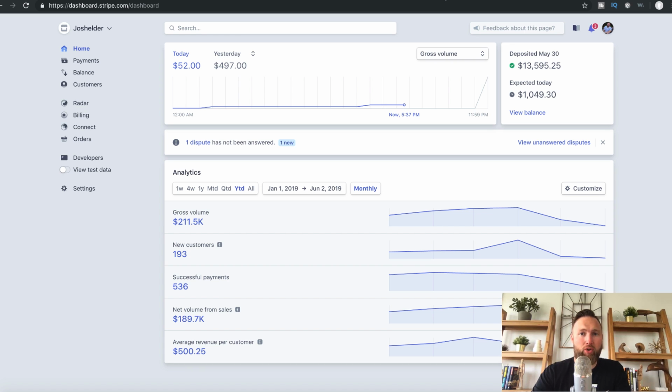So first of all, let's go to my Stripe account. This is how I process my transactions in my business. I use mostly the affiliate marketing business model. Yes, I also sell my own products, but most of my income does come from selling other people's products online as an affiliate. So you can see year to date, I've done $189,000, almost $190,000 in profit, because I've leveraged